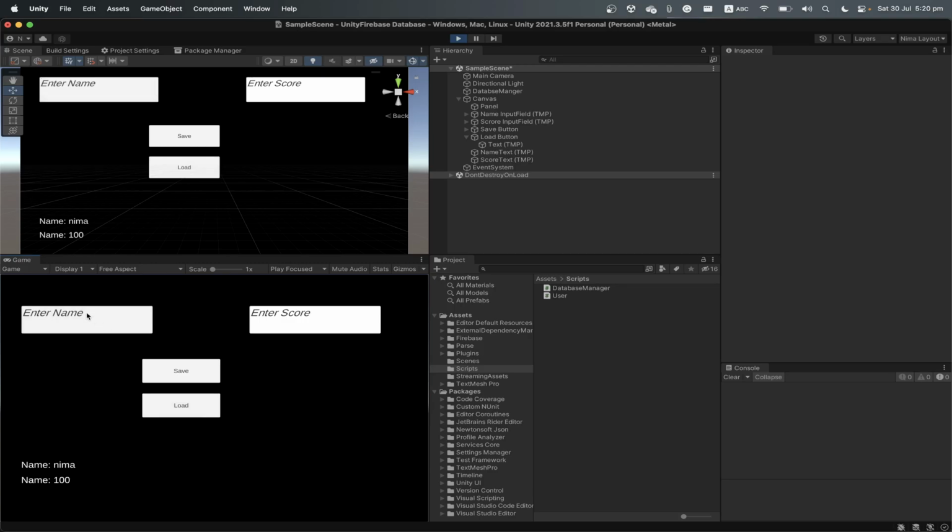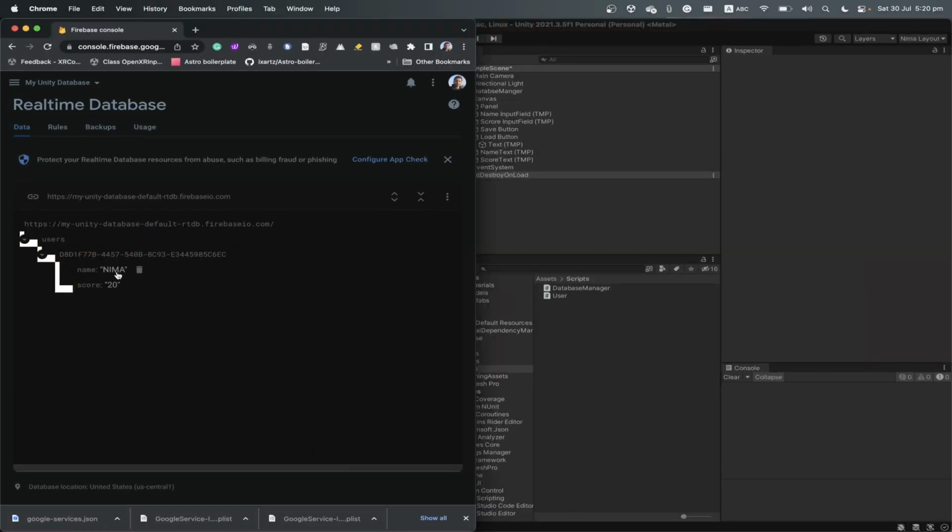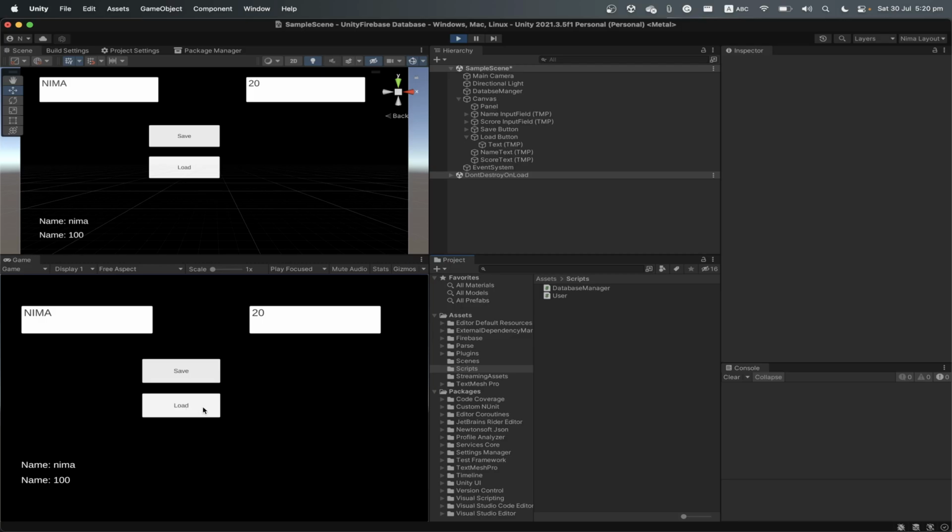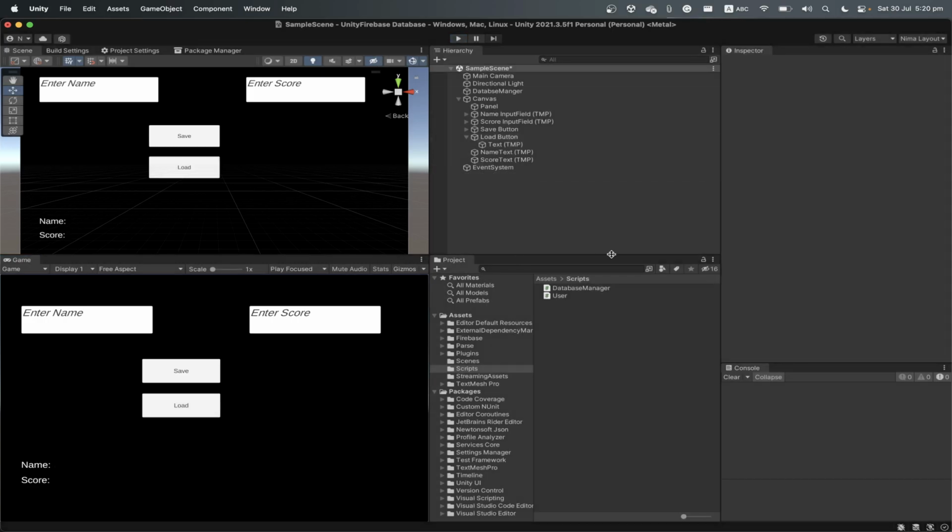So if I say NEMA with capital this time, let's say full capital NEMA 20, and then I save it. Let's look at our database, it already changed, and here if I click on load, it changed the data as well. Now the only